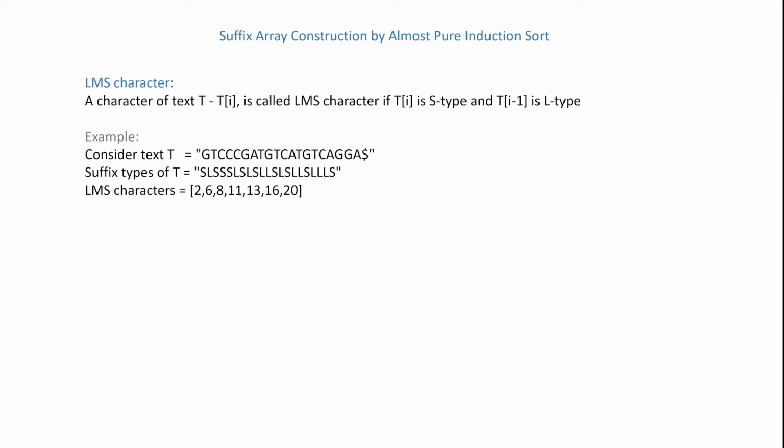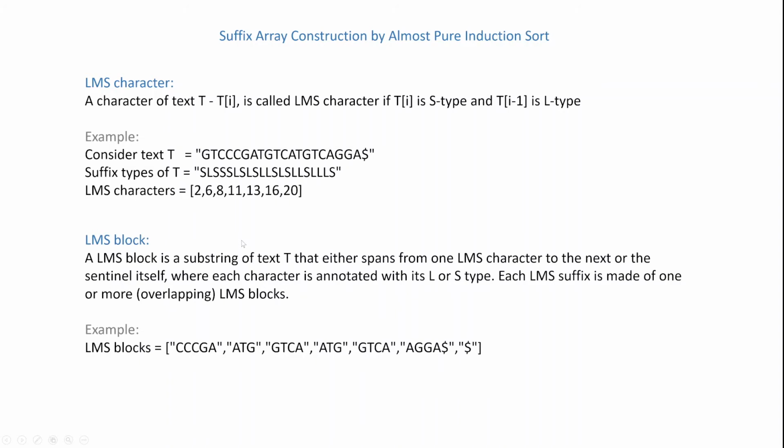The problem occurs when it is in a sawtooth fashion. For example, we have ABCA, DEFA, GHIA. So at all these A's, there is a trigger point to go up again, and these are our LMS characters. So the theorem is that if we are able to sort the LMS suffixes, then we can sort all other suffixes in O(n) time. So the main agenda of this SA-IS algorithm is to sort all the LMS suffixes, and using that we can sort all other suffixes.